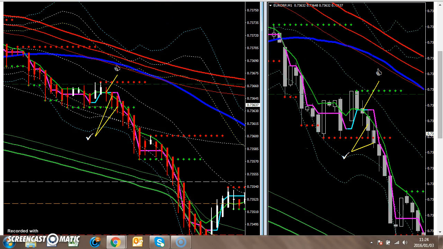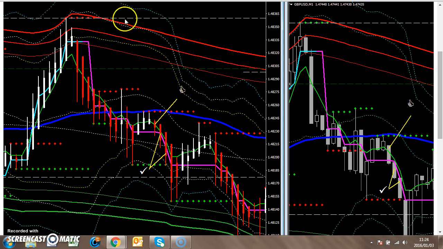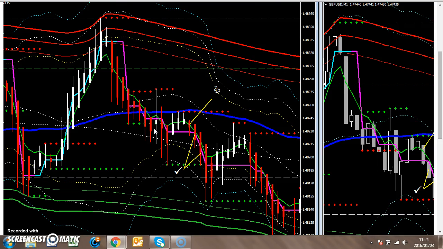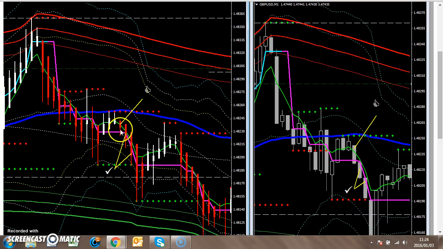Let's go and look at the next one. Again, we trade only the zone from the 50-day moving average to the extreme indicator. In this area, I'm looking for a double top. You see the price came down, it goes up, came down again, we have a double top here. This is the first thing I'm looking for. Then I want to see Heiken Ashi come down, and as it goes down, I want to see the 6-day exponential moving average go through the body of the Heiken Ashi, which happened there.